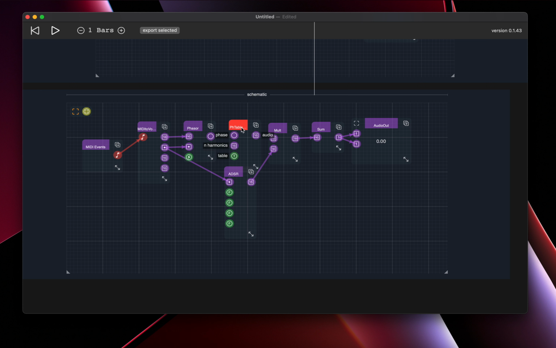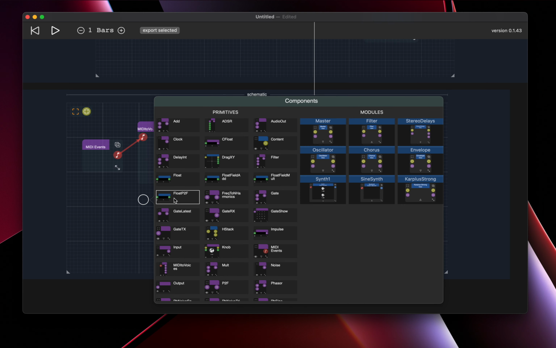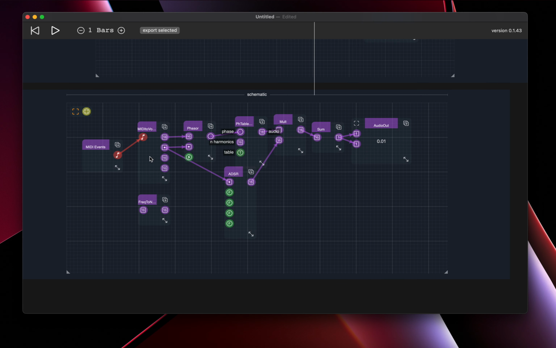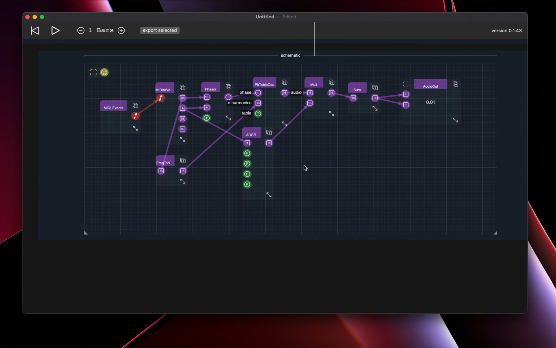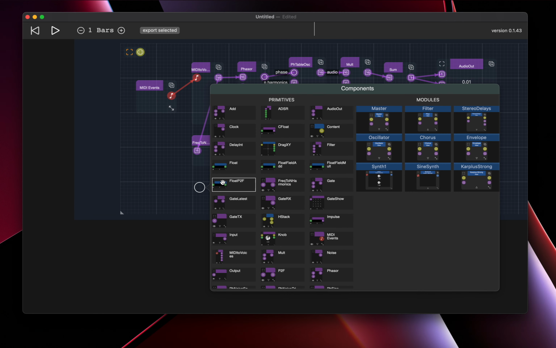The table OS is like the sine wave except a phase, and it generates a wave. It needs number of harmonics to avoid the aliasing, so we need to convert our frequency to the number of harmonics. It also needs a table. At the moment when you create it, it doesn't have a table. Maybe in the future it will start with a default table, but for now you need to set the table,